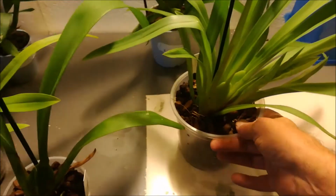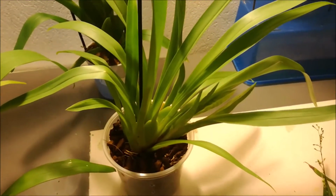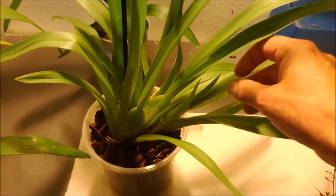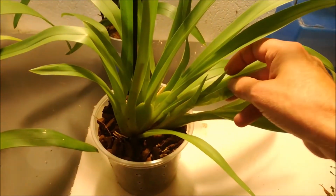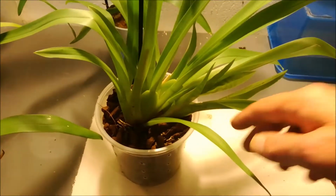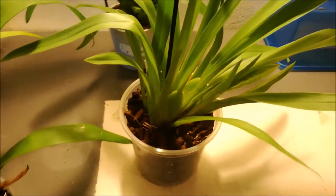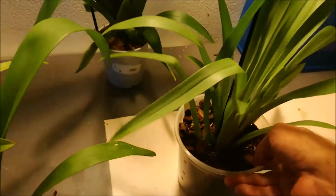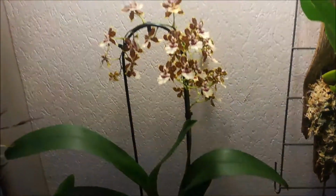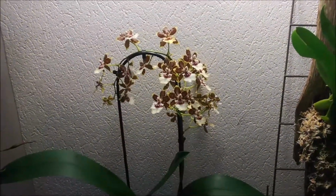Next one is a big one. This is the Miltoniopsis Red Tide with beautiful red flowers, soapy rose. New growth is coming on nicely. So yeah, big one. Where to place it? And this is the big Oncidium with the licorice flowers,